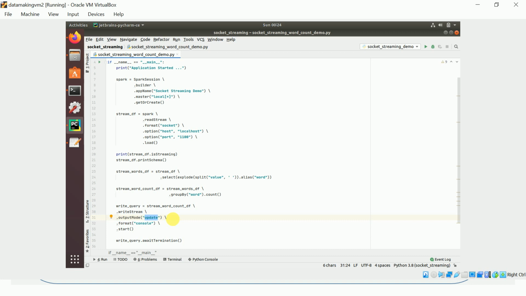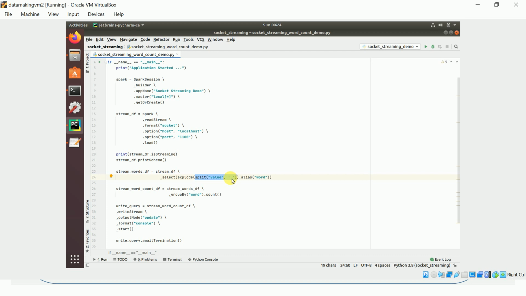First I will say streamDataFrame.select, and I'm going to split this value. We know that this data frame has only one column, value. We split it by the space separator, so one line becomes multiple words, and you get an array.